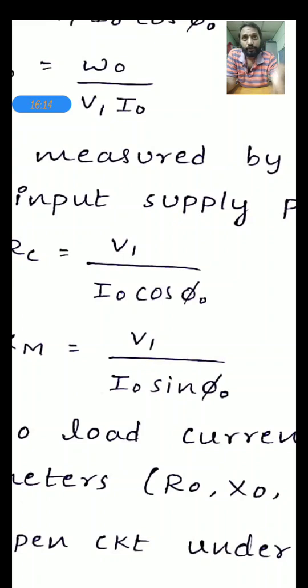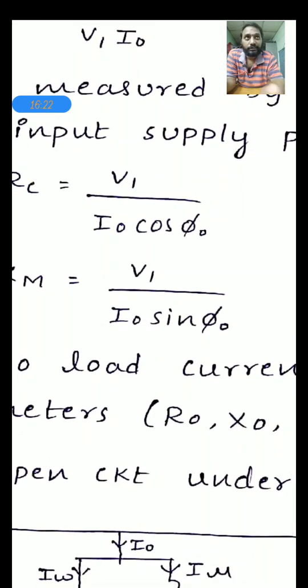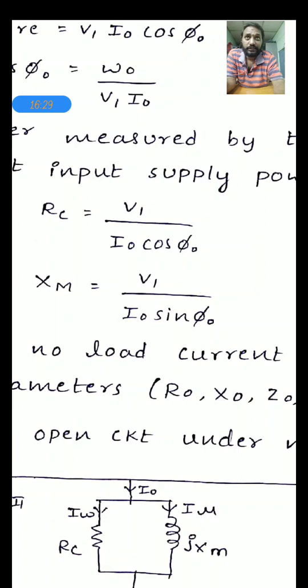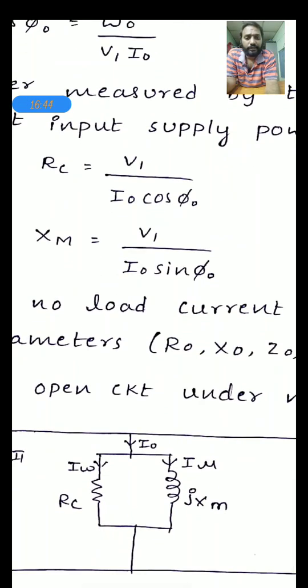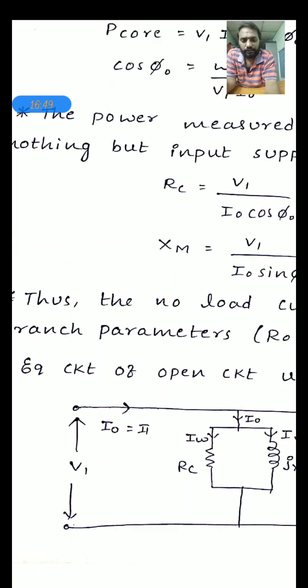This is the working component of the current, because it is the real part of I naught. Another parameter is I naught sin phi naught. This is the imaginary component of the no load current, the reactive component. See, I naught is not a scalar value, it is a vector. So I naught can be written as I naught cos phi naught plus j I naught sin phi naught. So RC can be obtained by V1 by I naught cos phi naught, and XM can be obtained by I naught sin phi naught,